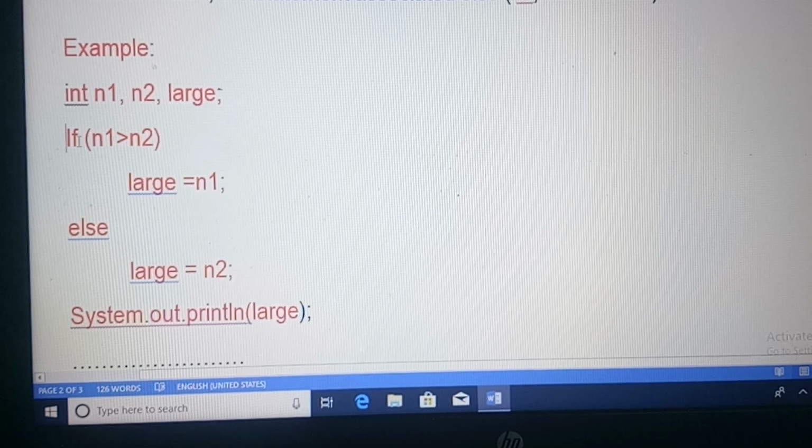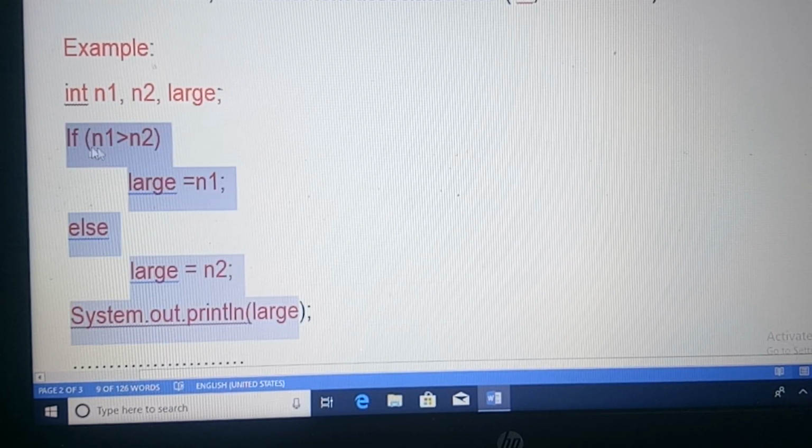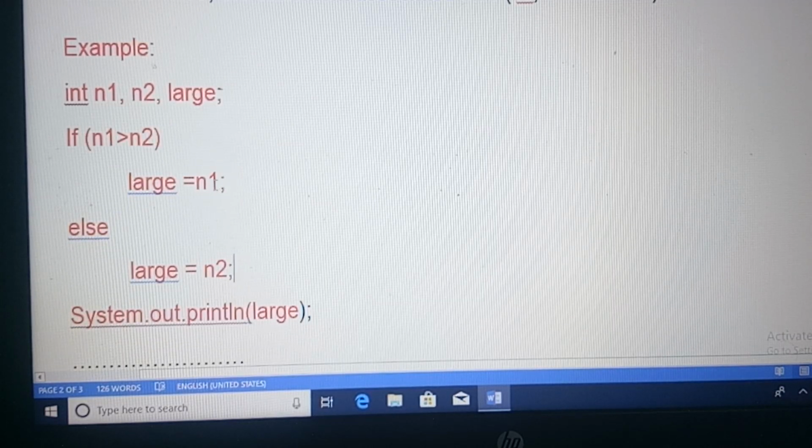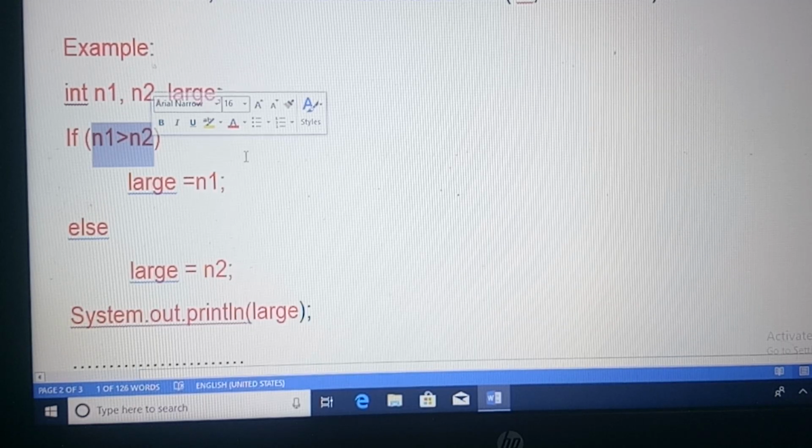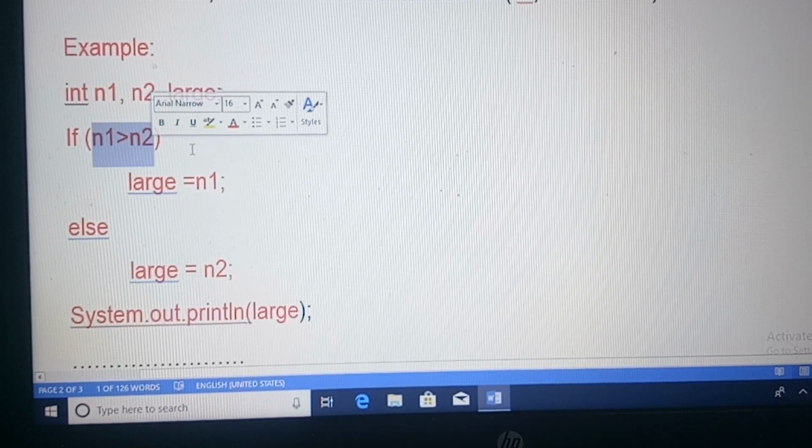Here the code is: if n1 greater than n2, large equal to n1, else large equal to n2. First the condition is tested. n1 greater than n2 is a relational expression which is a condition and returns either a Boolean value true or false.